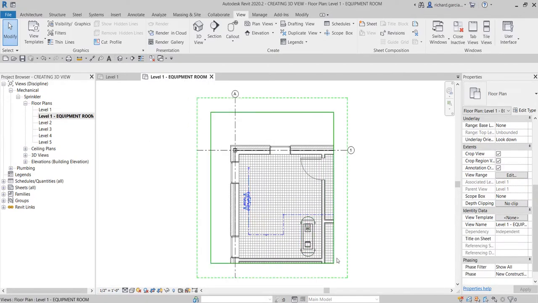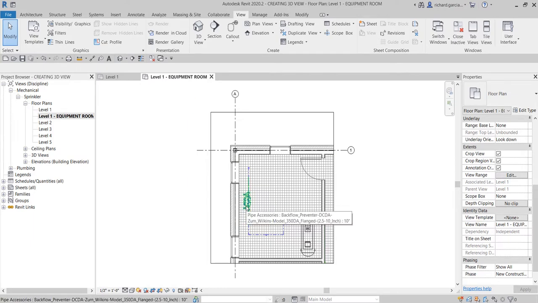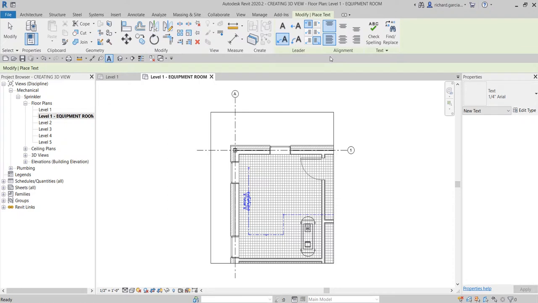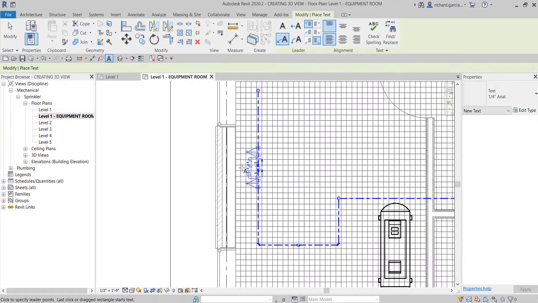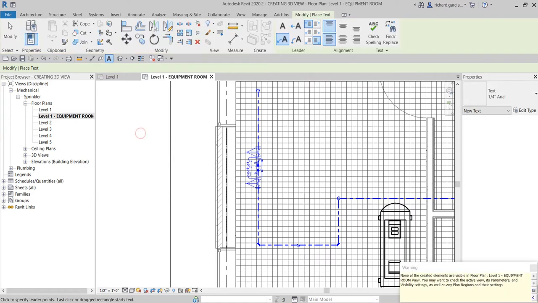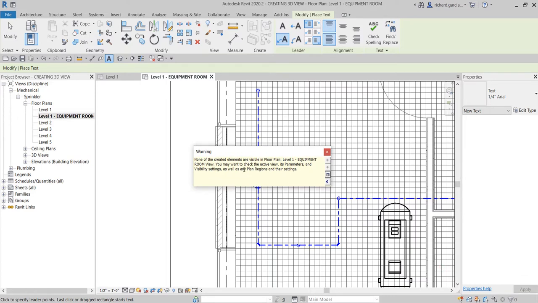So if you want, you can add a text here. Like for example, this is your backflow preventer. So you can create a text there. You can click that, and then you can add text with two segments, leader. So I'm going to pick one here, going to pick another point here, then I'm going to pick one here. Or just simply straight. Okay. So this is my backflow preventer. There you go. Now there's a warning that I can't see the text that I have created, so I'm